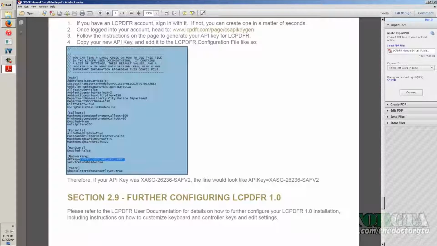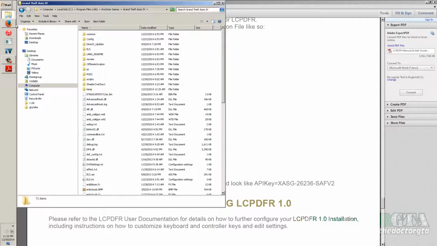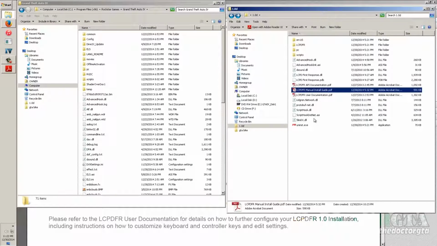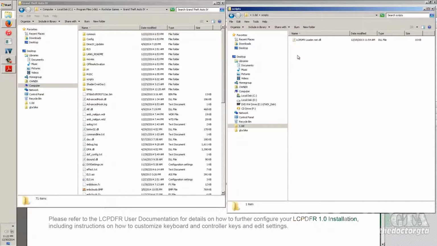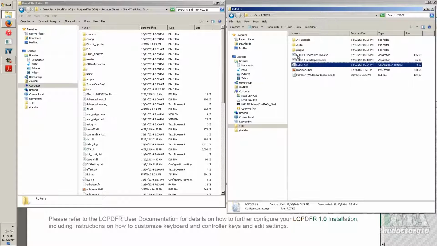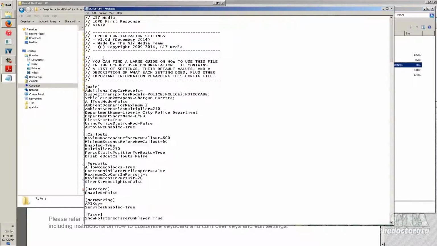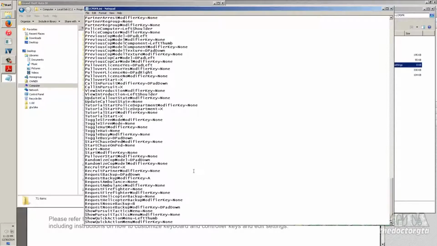Let's zoom in and break this down for you. When you open up the INI, you go back to your GTA 4 folder and open it up. I'm doing this off of the basic install before I copied it, because I'm not installing it yet. You go into the root folder, then to Lcpdfr, and then to the INI, and you open it up, and at the bottom it's going to have your API key, where you've got to put that,